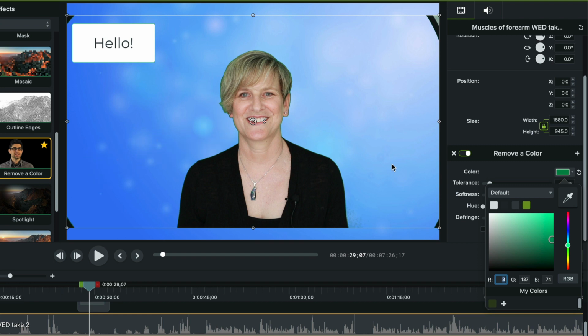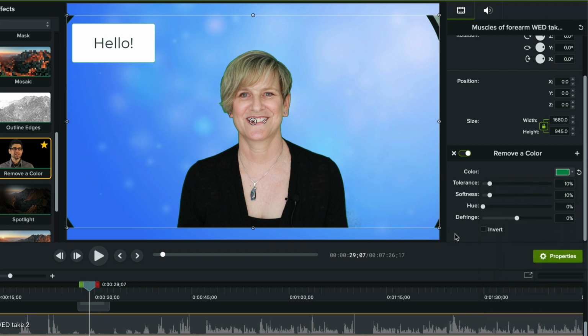Now it's not perfect and you can make some more changes here. So I can adjust the tolerance, how much green I'm gonna allow. So if I drag that just a little bit, now it's almost perfect. You notice the little fringe around my hair disappeared. You can adjust how soft the effect is and the hue. So you can change the hue. Wow, that's kind of scary. And you get the idea. So you can make all of those fine-tuning adjustments. And it's just that easy.